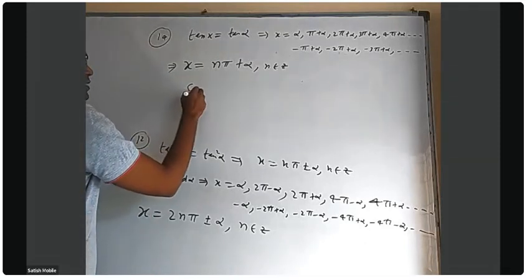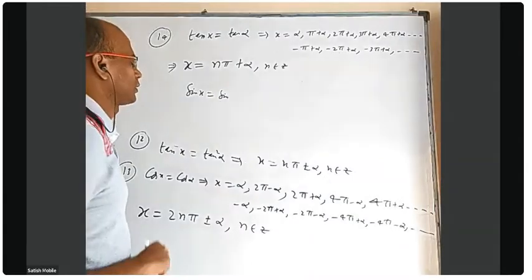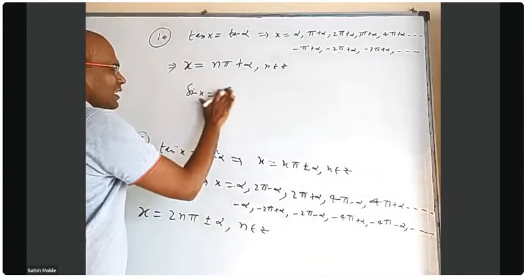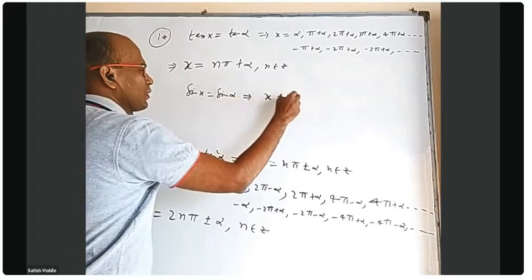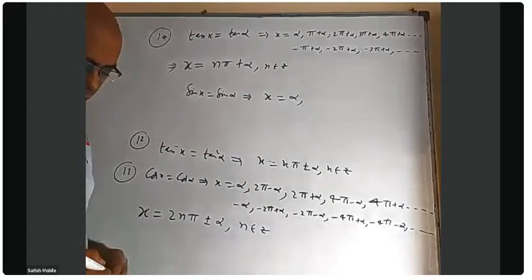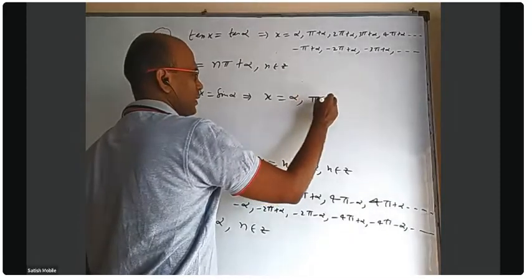Okay, only the sign is a small trick. We have to see that. Let us take, I'll take directly sin x equal to sin alpha and try to write. X equal to alpha is one obvious solution. Sin is positive in which quadrant? First and second quadrant. What is the angle in second quadrant which can satisfy this equation? 180 minus alpha. Sin of 180 minus theta is sin theta, so pi minus alpha.